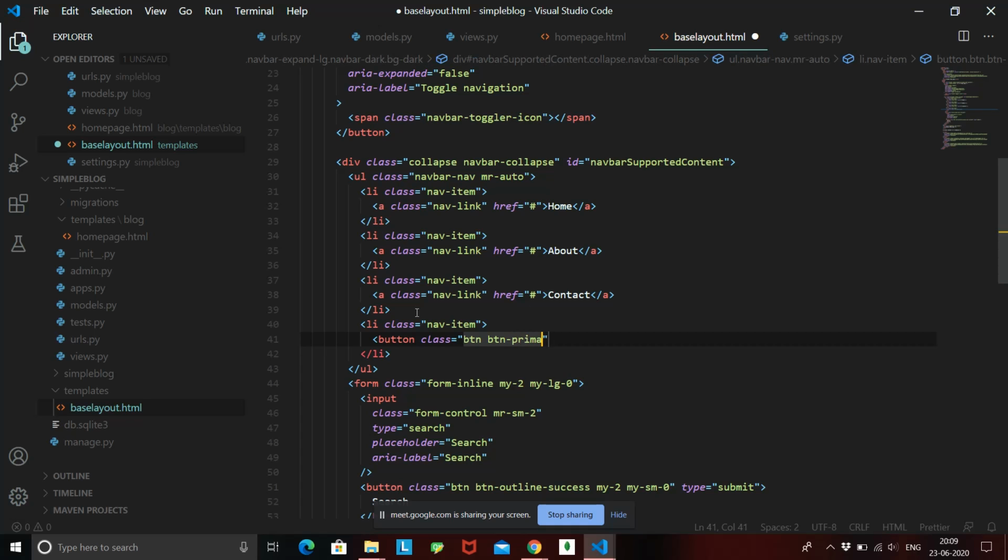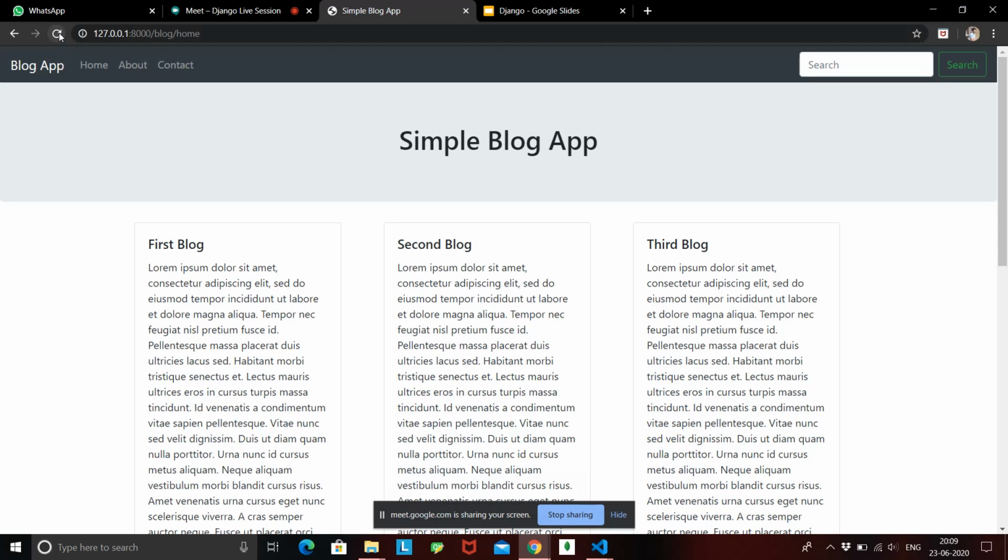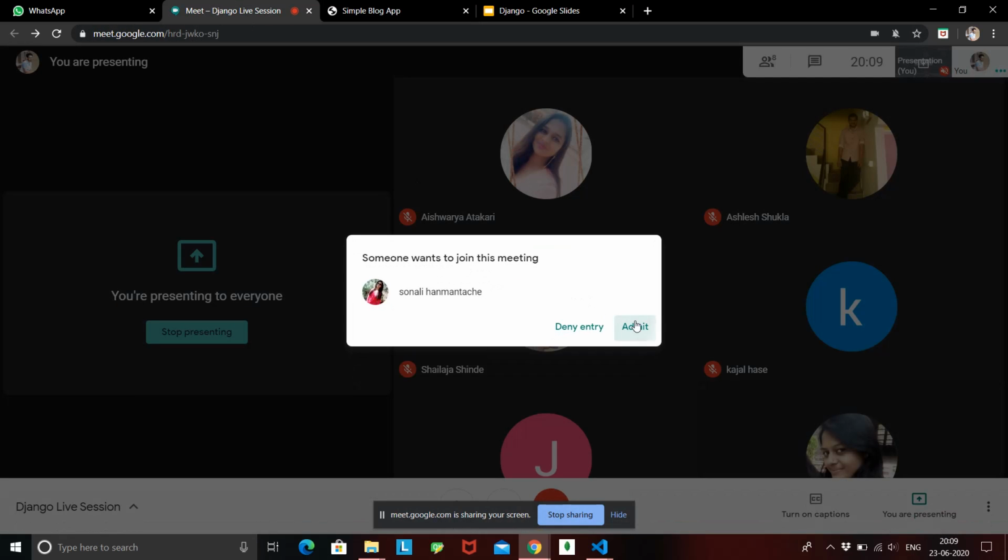We can just give it primary class, and that button should say new post or new blog, anything we can say. I'll just save it, and if I go back to my front page, I should see a button over here which says new post. But when I click this, nothing is basically happening because we didn't give any specified path to this button, right? So let's try to do that.